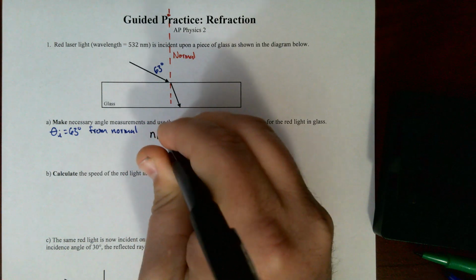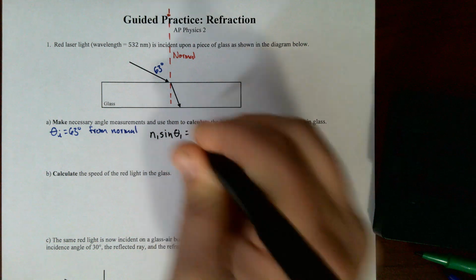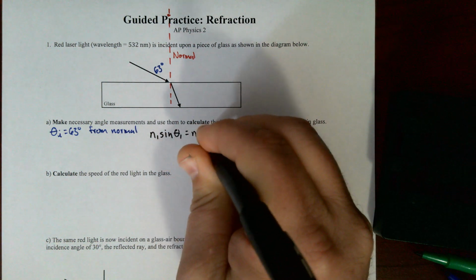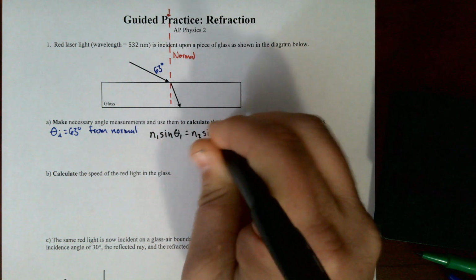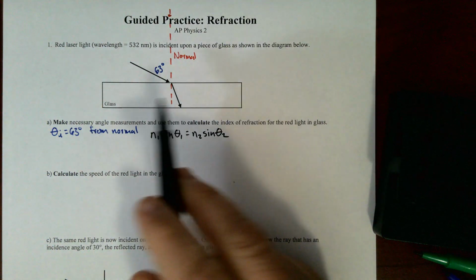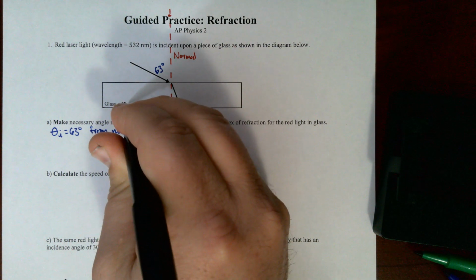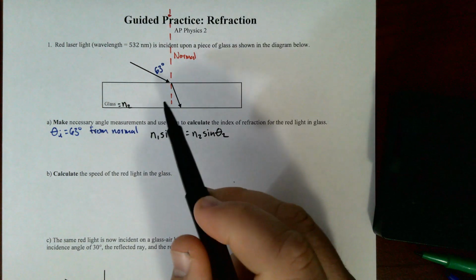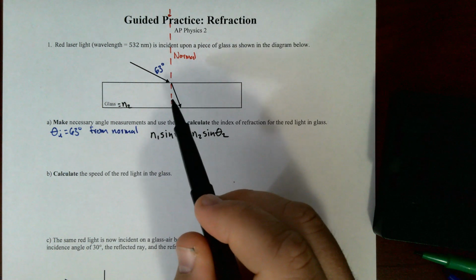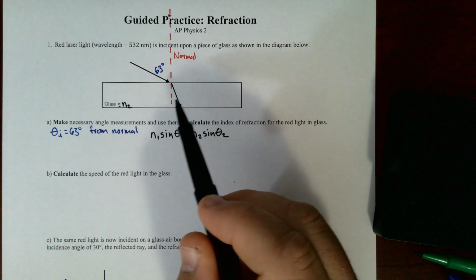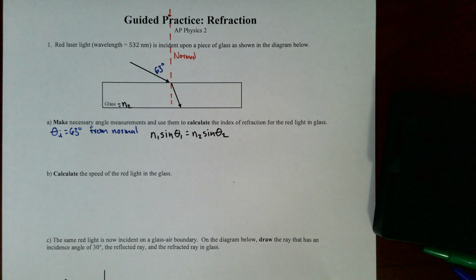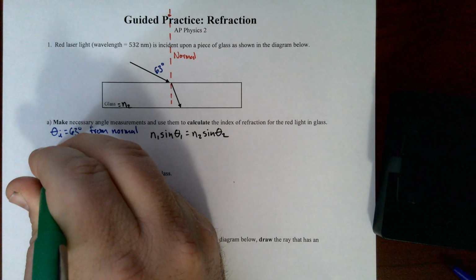N1 sine theta 1 equals N2 sine theta 2. If we're going to get the index of refraction for the glass, we can call that N2. Then the other angle we need to measure is the refraction angle in the glass. We also need to measure this angle right here. So theta R